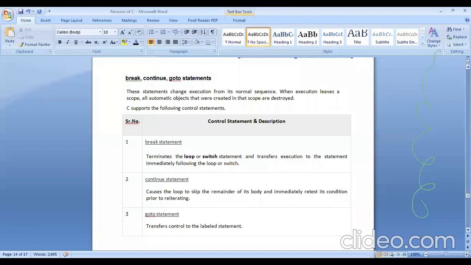Fine. So the break statement can be used with the switch statement, as well as with loop control statements, that is with for, while, or do while. Whenever you encounter a break statement, either in for, while, or do while, or even in a switch case, it will terminate the loop or the statement block in which it appeared. That is the work of the break statement. The control comes to the end of the loop.